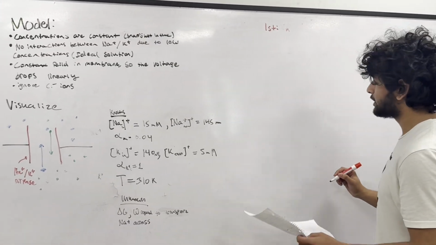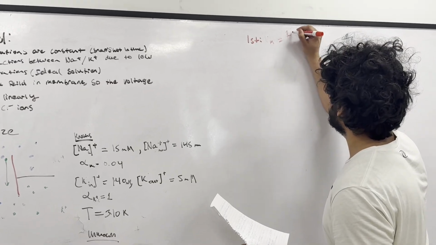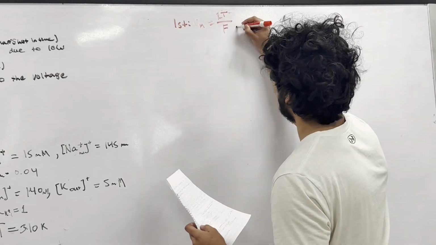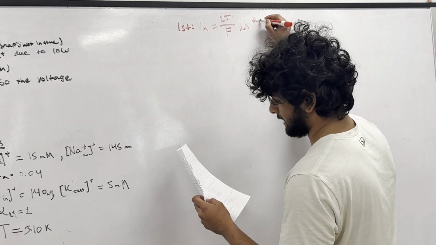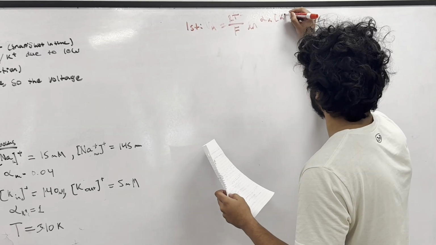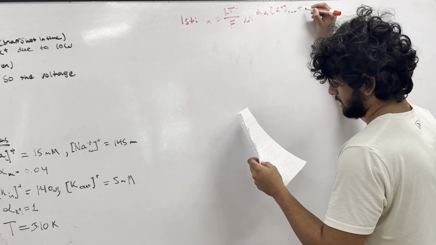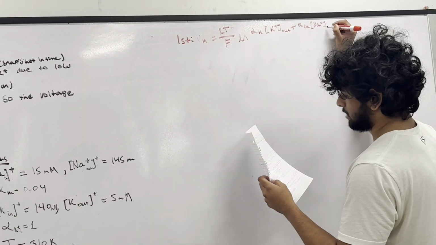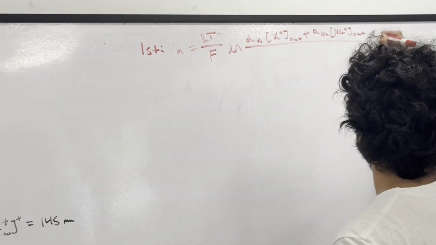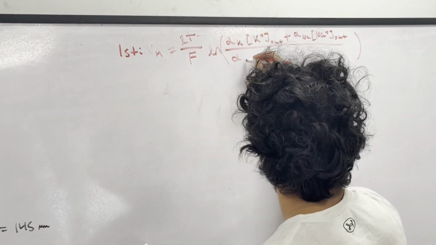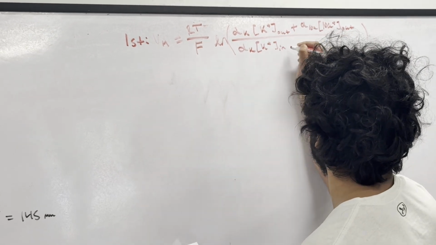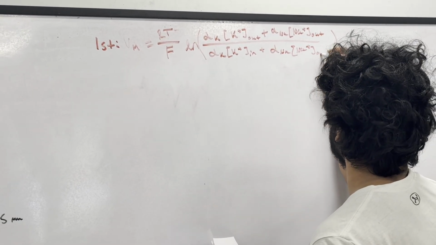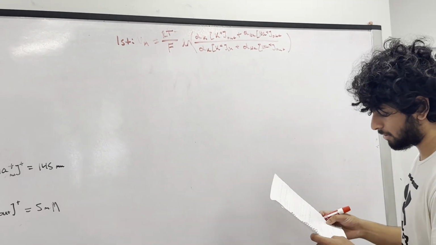And to do that, we're going to use the GHK equation, which says that RT over F, where R is the ideal gas constant, T is the temperature, and F is Faraday's constant, times the natural log of the permeability of K times the concentration of K on the outside, plus the permeability of sodium times the concentration of sodium on the outside, over the permeability of K on the inside plus the permeability of sodium on the inside, is equal to the membrane potential. And if we plug in our values, we get